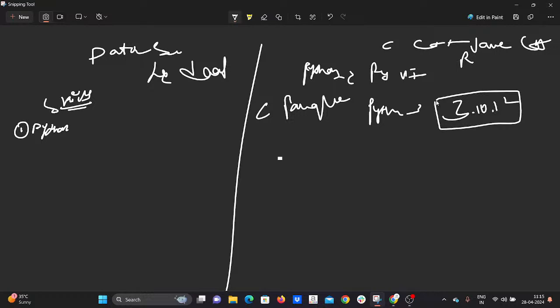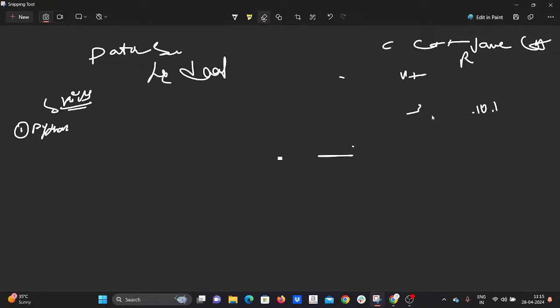If you want to download Python, you need to go to the python.org website. This website will provide you details of Python overall. Okay, this is the first programming language. Basically, data science programs can be written in Python as well as R language. When you compare to R language, Python is easy to understand and easy to write. That's why we prefer Python. This is a brief intro about Python.